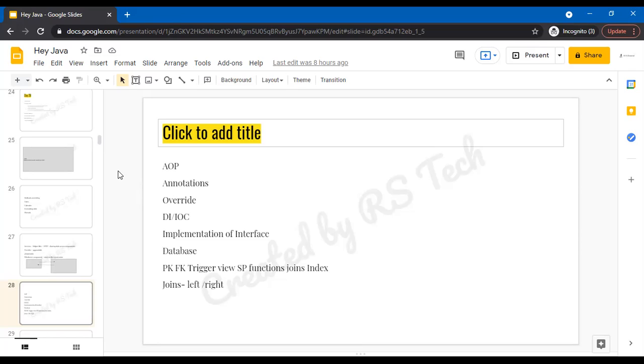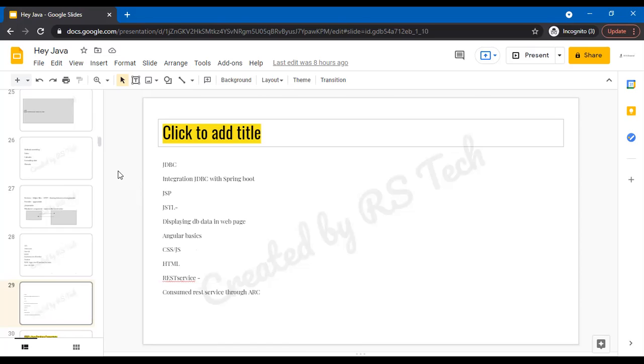And we spent a week on databases: primary keys, foreign keys, and what joins and left joins are. Of course, we didn't create a stored procedure because I didn't have access to it, but I showed you how to create one. We saw how to connect to a database from Java, JDBC connectivity, and how to execute queries, statements, and prepared statements. So all those things we saw.